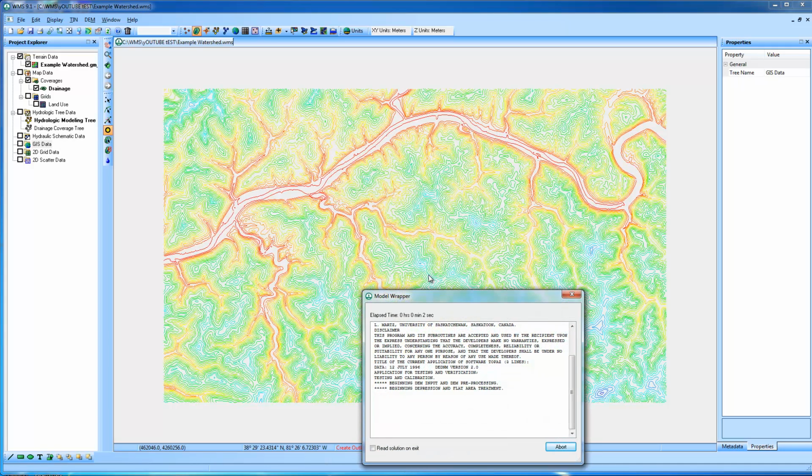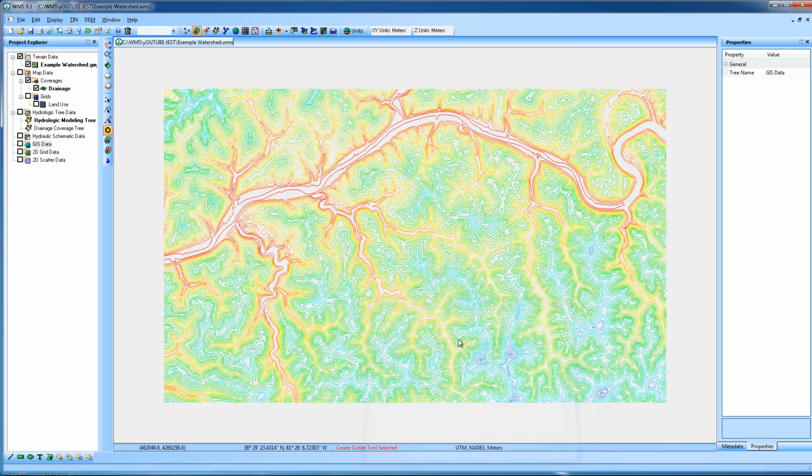It starts its calculation. It's comparing all these adjacent cells. The program terminates. We could close. And then what it does is it identifies with blue where it suspects streams will be. And I can adjust how